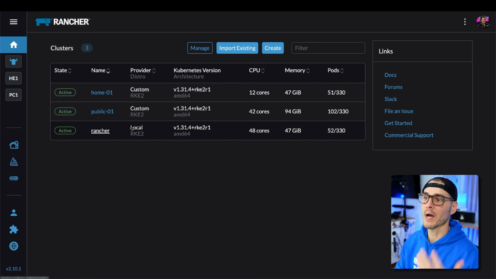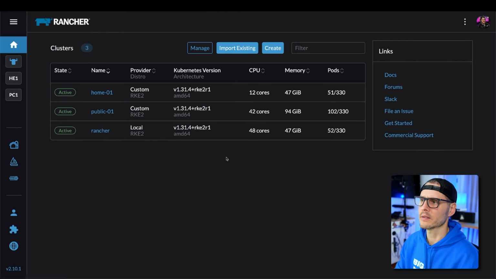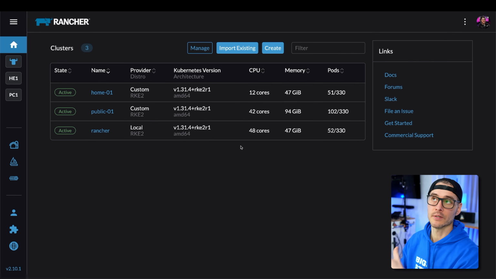Now, I will say that I use this UI basically for read-only. This is just my dashboard to inspect things really quick or to quickly kill a pod or anything like that. But it's an easy way for me to see how my cluster is doing from mobile or from web without SSHing into those machines. I use GitOps to manage the state of my cluster, and I'll talk about that here in a little bit.